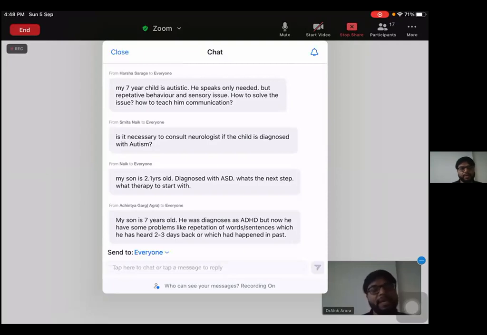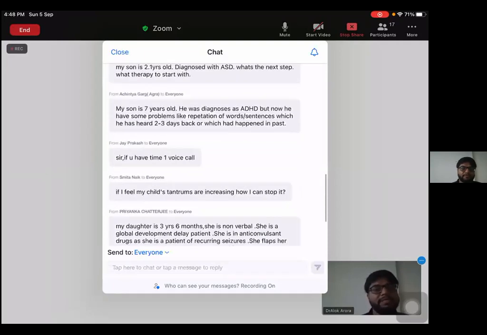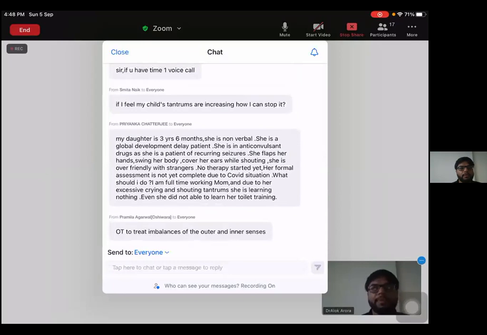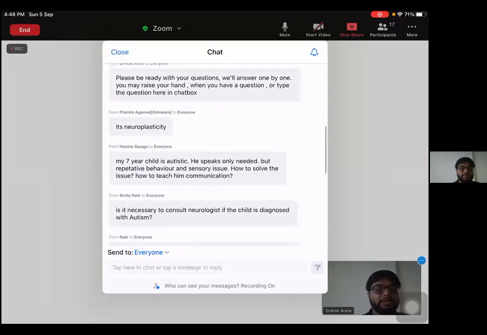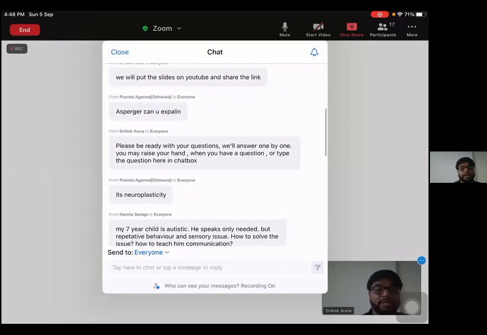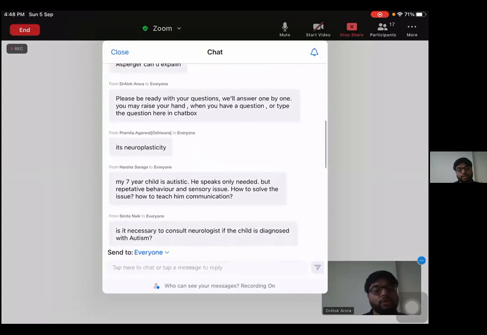There are many factors for it. Second thing is the behavior therapy. Of course, behavior therapy is recommended for this child. So that has to go on, because communication and language is a part which has all three factors. The OT and oromotor training comes as part of OT and the speech. And then the third thing is behavior therapy. So all three things might be required here. Yes, sir.